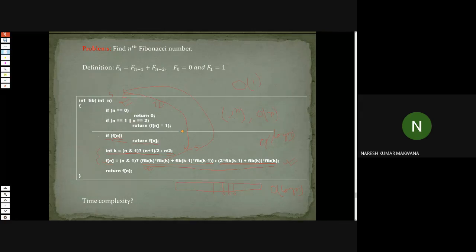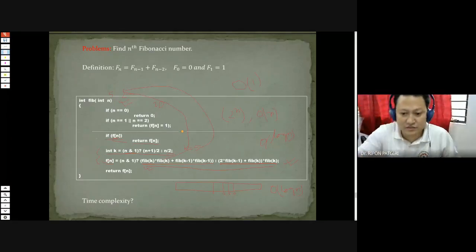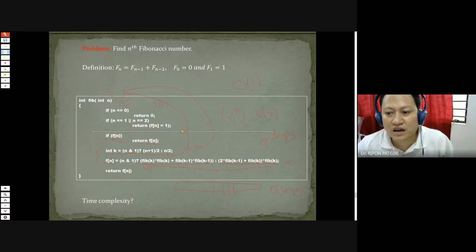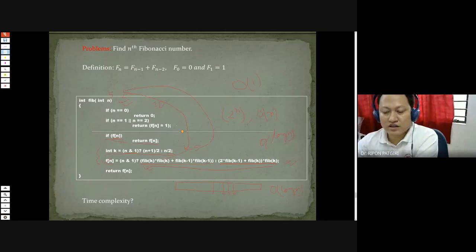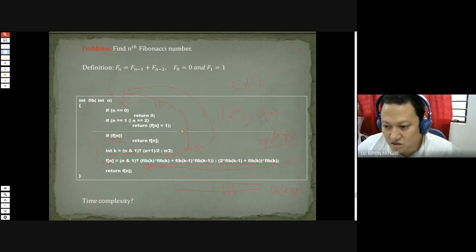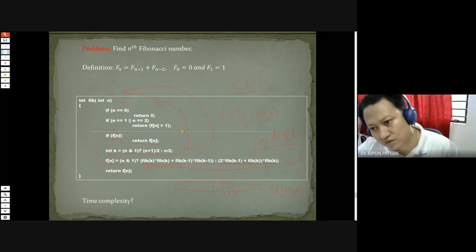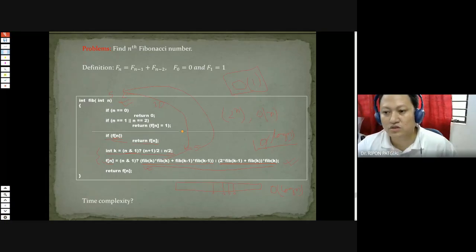Sir, maybe we can, as Darsh mentioned. My question, let me finish. My question is: is it the fastest solution, or can we reach a solution with big O of 1 time complexity? Because big O of log n is also a very fast solution, not so slow. But my question is, is big O of log n the fastest, or can we solve this nth Fibonacci number using big O of 1?